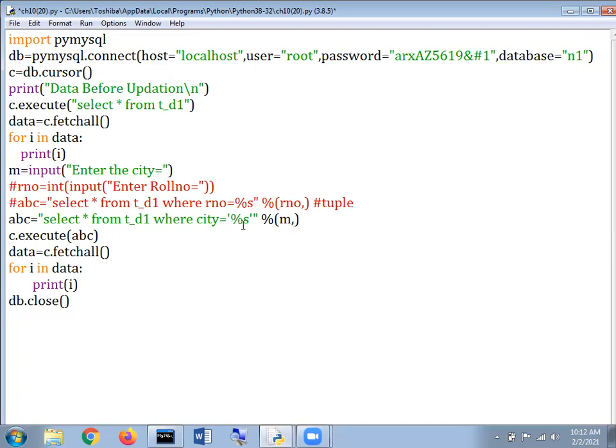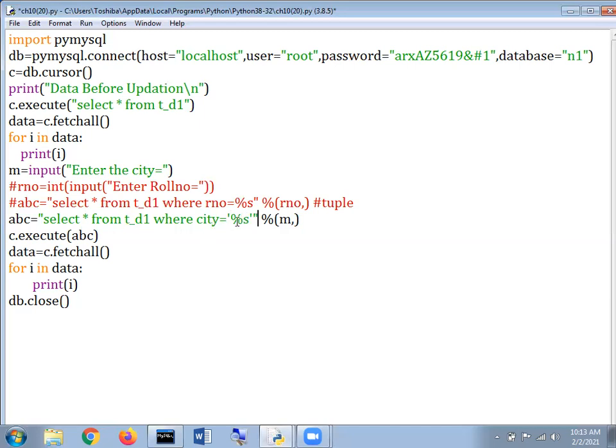Here it is: in case of modulus s, we are supposed to insert single quotes in the front and end position. Why so? Because city is to be considered as a string. Where a number or decimal value is there, there is no need to impose them. And when we are talking about a string, we are supposed to insert these quotes.